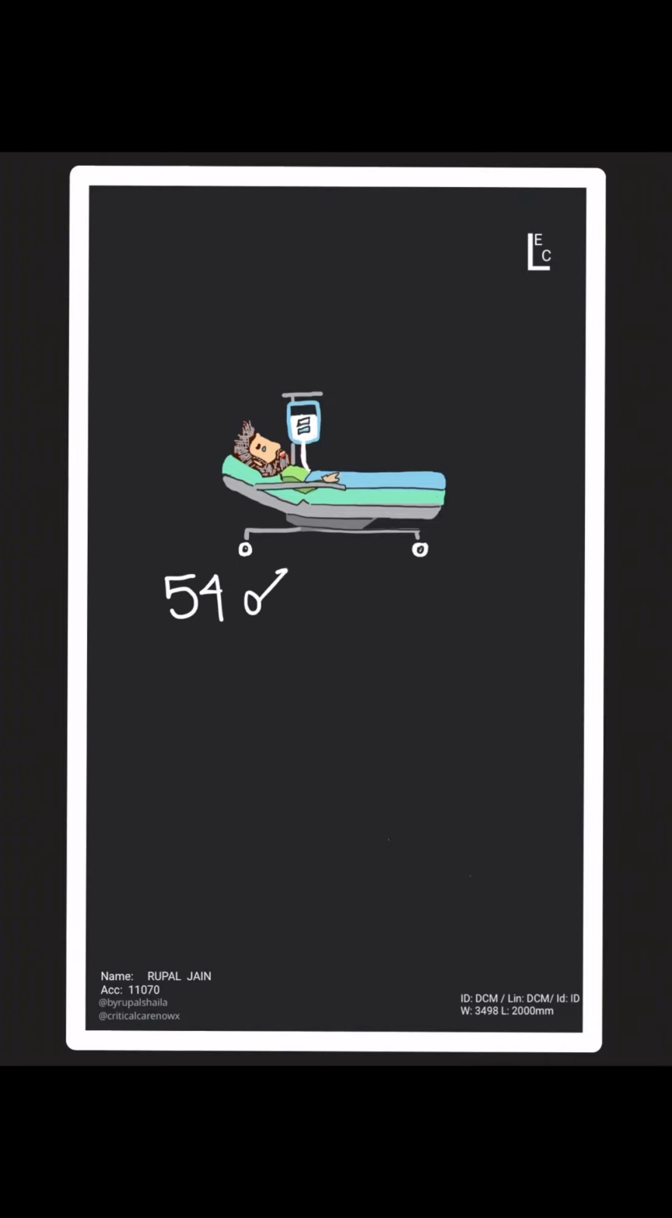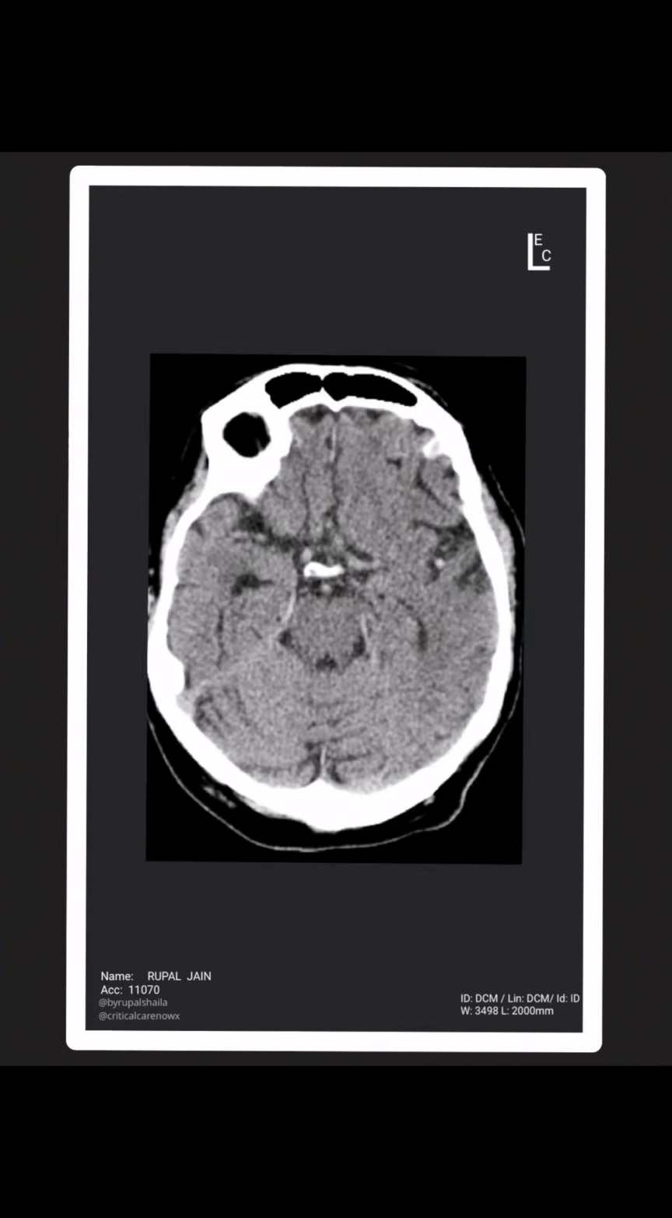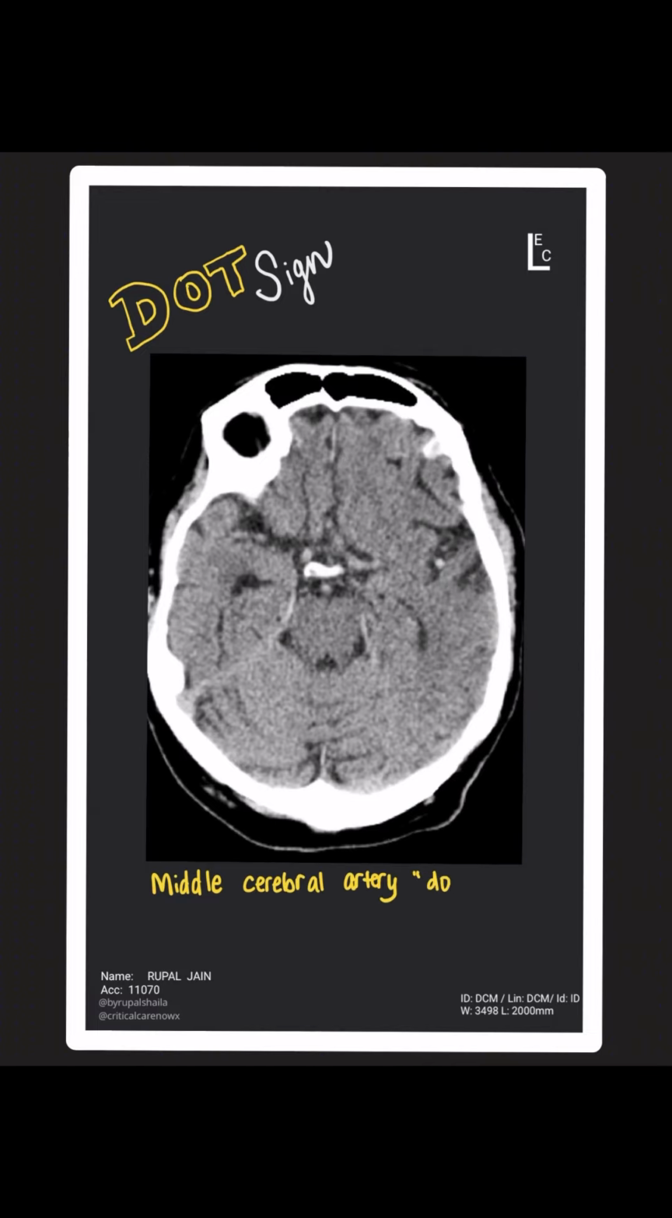Your patient is a 54-year-old male with sudden onset left hemiparesis and right gaze preference. Onset of symptoms 1 hour ago. Now, this is your dry, non-con head CT. What do you think? The radiologist calls you and says it's negative for acute hemorrhagic CVA. On your review, however, you're wondering about this hyperdensity, the dot sign, also called the middle cerebral artery dot sign